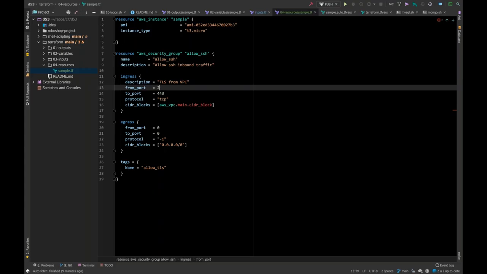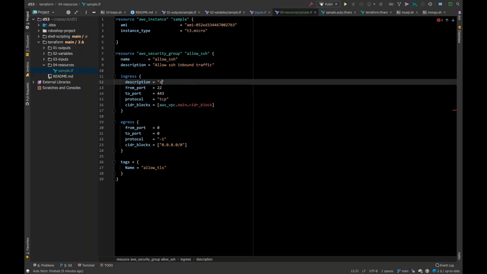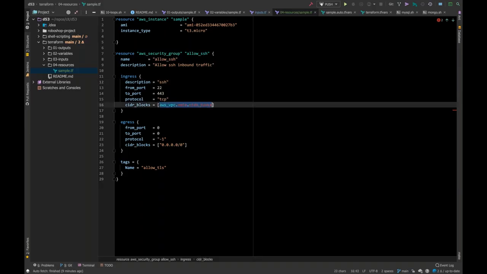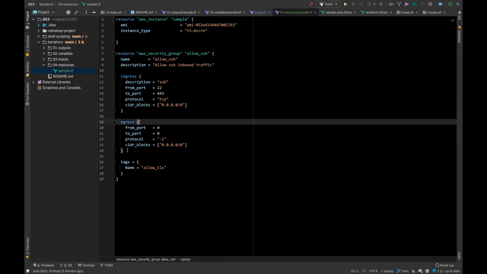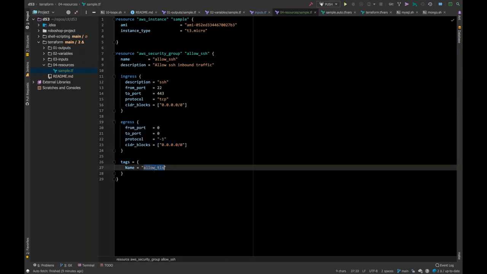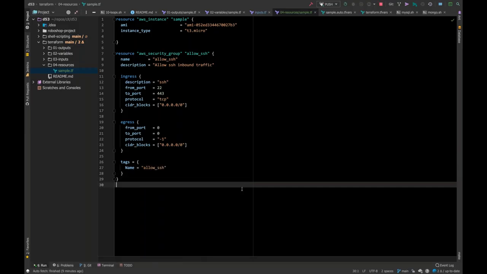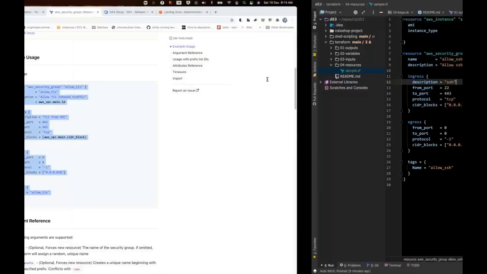And what is the SSH port? 22, and you're creating it for SSH. And for the CIDR block, I want to allow it from 0.0.0.0/0, right? And egress is completely open, and this is basically allow underscore SSH. Okay, so this much, that's it. Now let's go to the